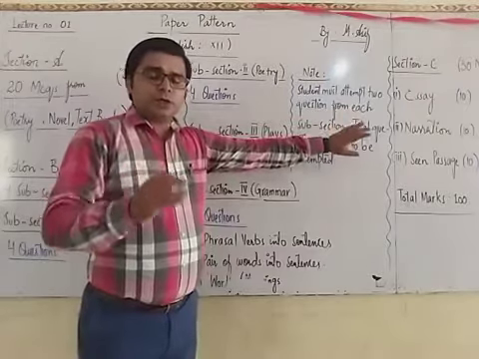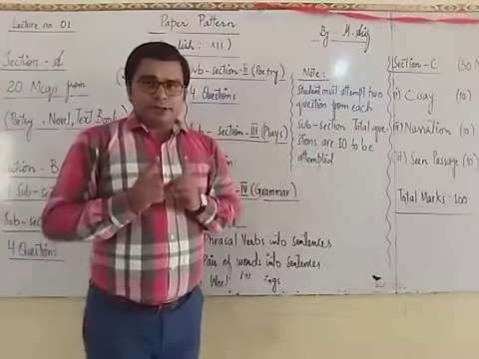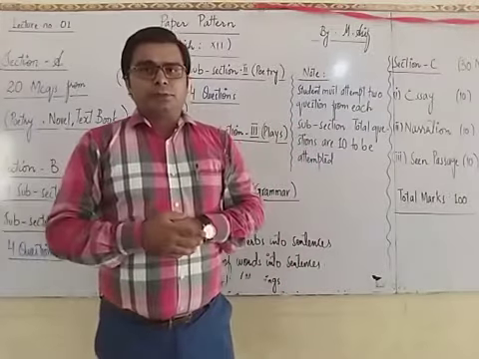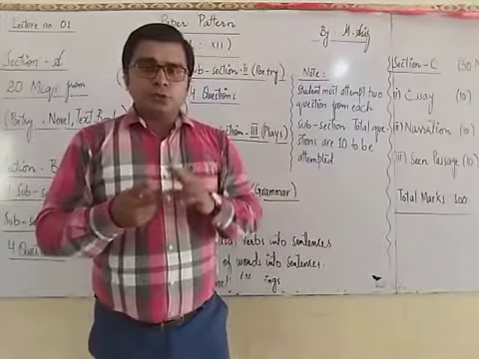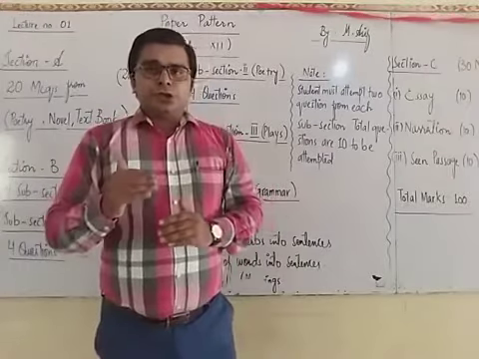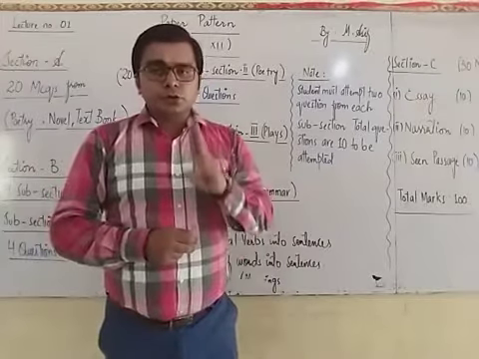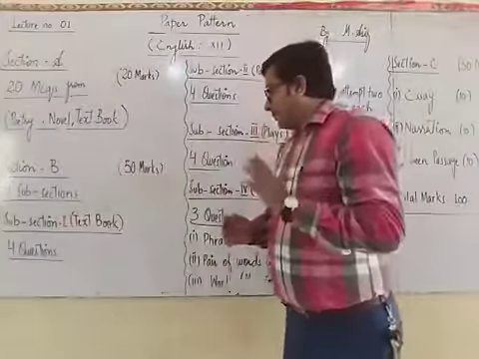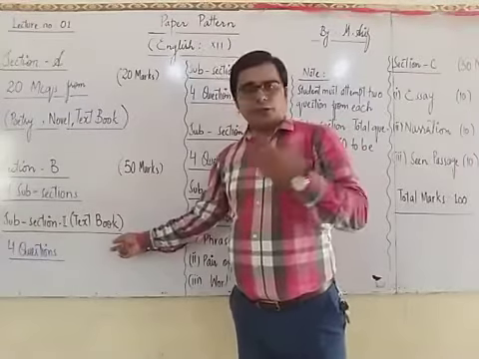Subsection 1, 2, 3, 4. These are the 4 subsections. You have to attempt 2 questions from each subsection, that is mandatory. You are going to attempt 2 questions from subsections 1, 2, 3 and 4 from grammar. And as you have done 8 questions, you will have 2 questions more to attempt. And those 2 questions are up to you, from wherever you want to choose. For example, if you want to attempt another 2 questions from this section, you are allowed.